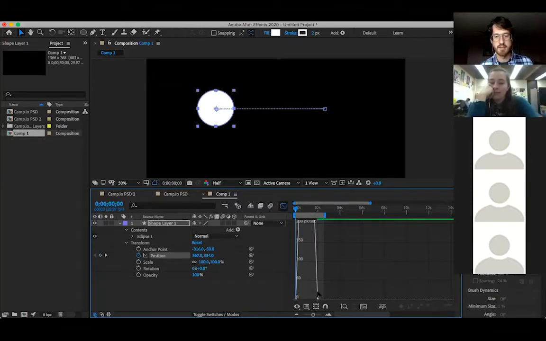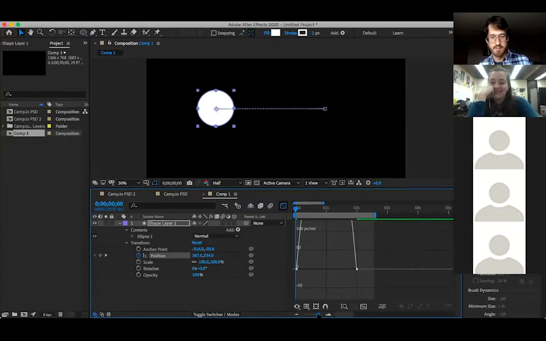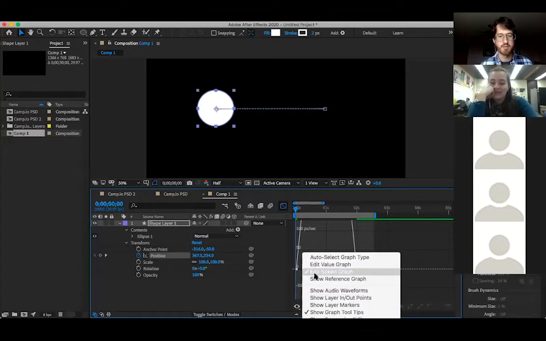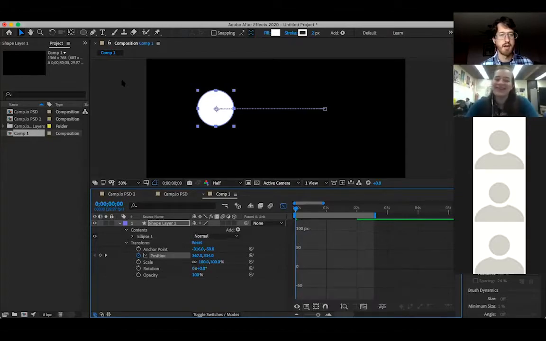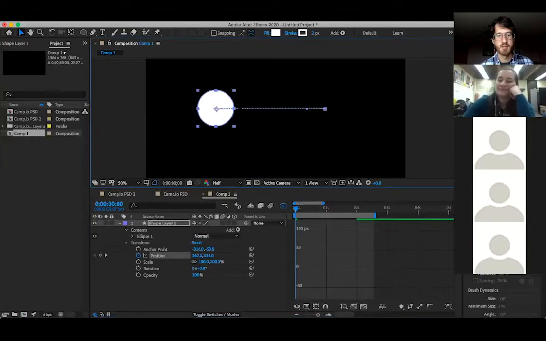This will allow me to set up and change two different options. So let me scroll down so we can see these 2 points on the timeline. They're here. Let's zoom in a little bit closer so you guys can see those. So 2 points within that 2 seconds. There's a little chart down here that will let me choose if I want to edit the speed graph or edit the value graph. The value graph will allow me to click on these points in my motion,